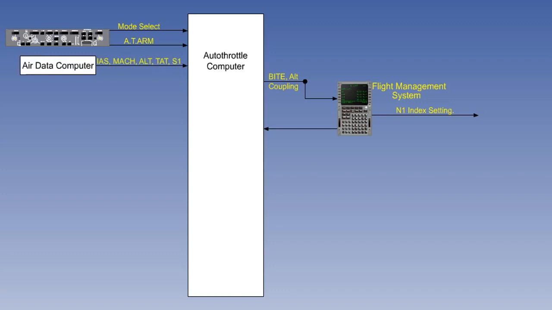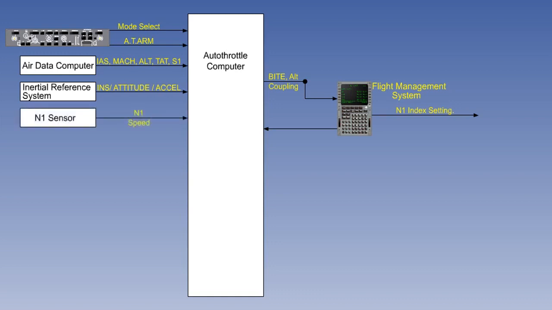There are also inputs from various other aircraft systems, including indicated airspeed, Mach, altitude, and true air temperature from the air data computer, attitude and acceleration supplied from the inertial reference or inertial navigation system,